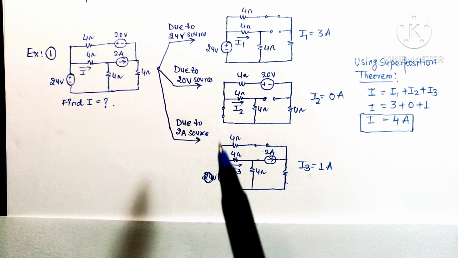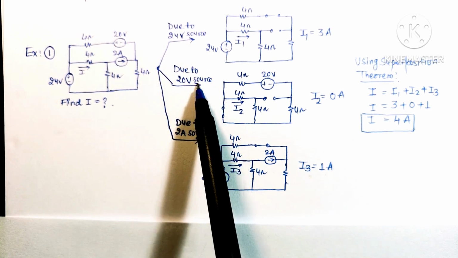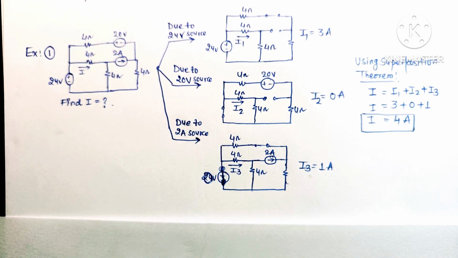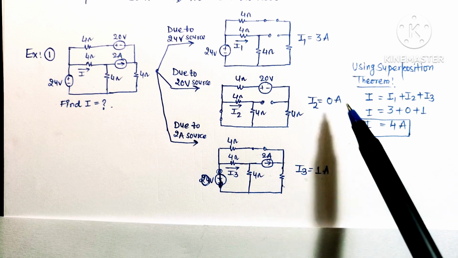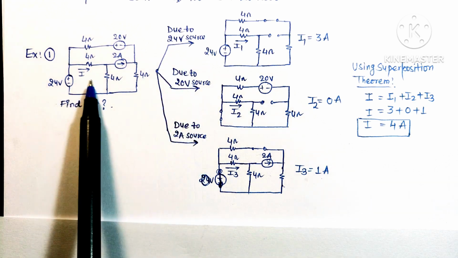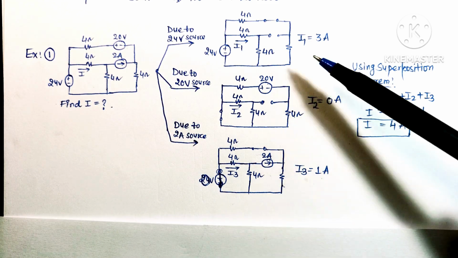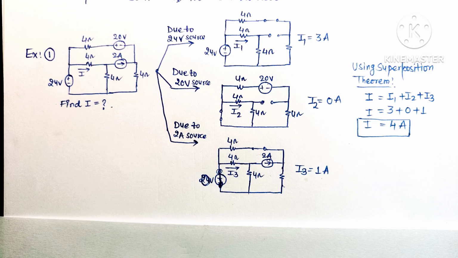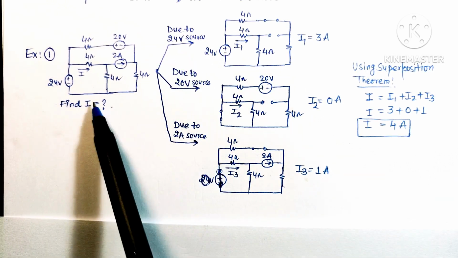As we can see, each source is taken into consideration independently, and the values have been found out as I1 current, I2 current and I3 current. So if we want to know what will be the effect when all the sources are connected in the circuit, then we have to sum all the current values to find the total effect of these sources in the circuit.